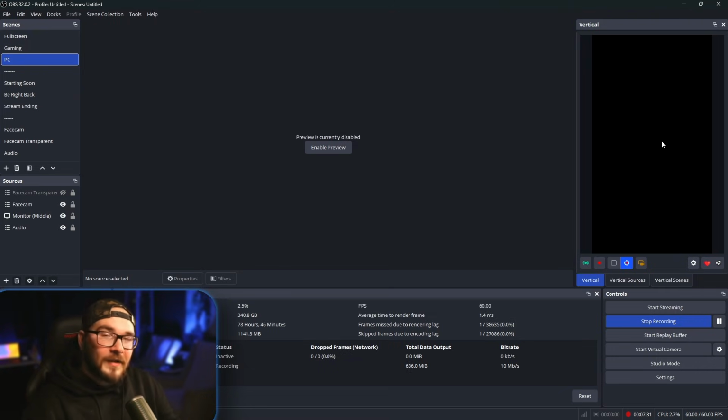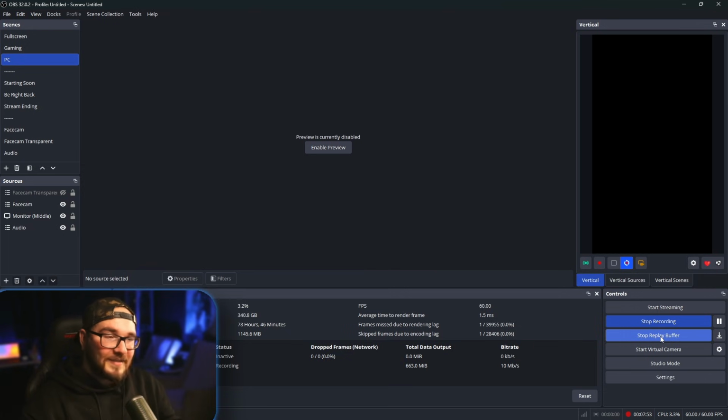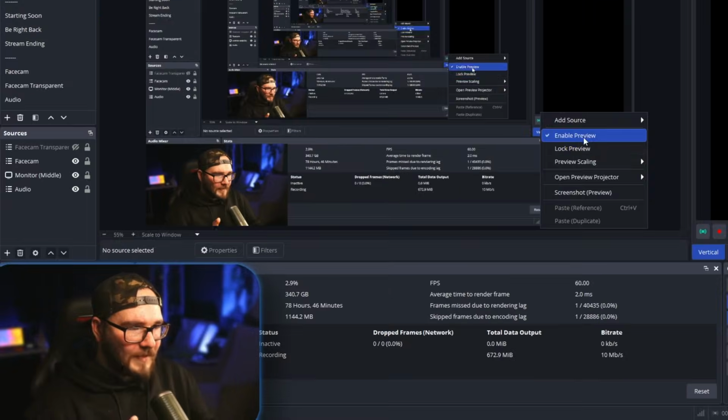Once you've got your vertical canvas set up using Atom Vertical, you're going to want to make sure the replay buffer is turned on both for vertical and for OBS natively. So to do that, you just tap this button down here in the corner. And now you have two replay buffers running simultaneously, capturing the vertical window and the horizontal one, but that looks trippy. I'm going to turn that off.